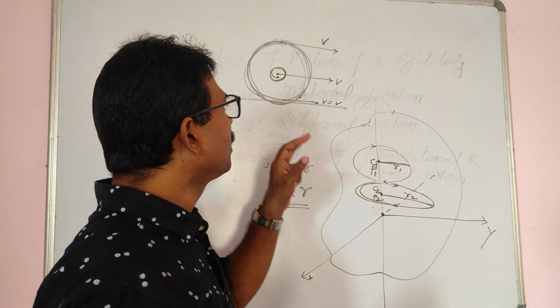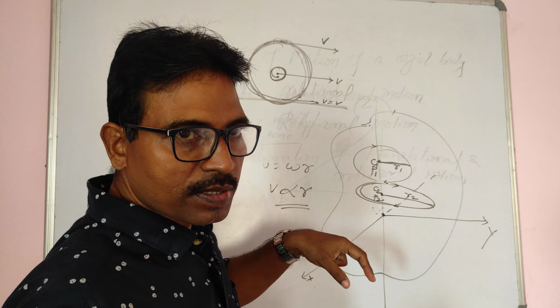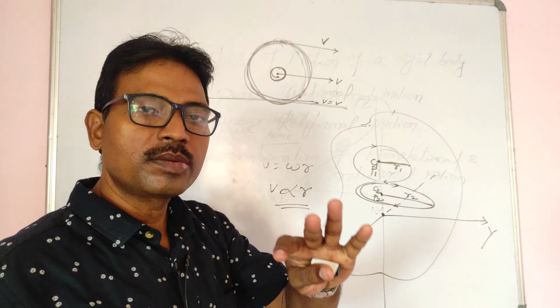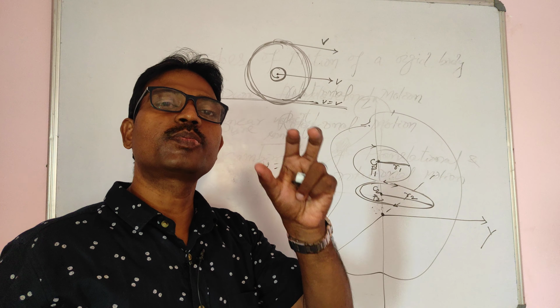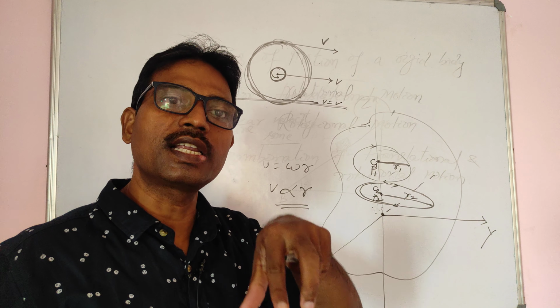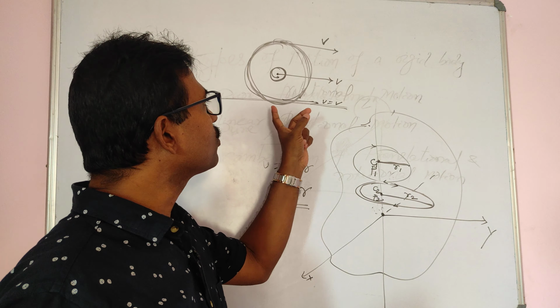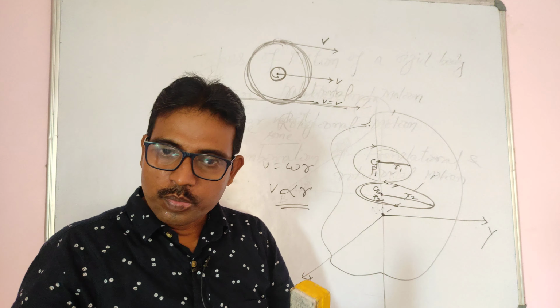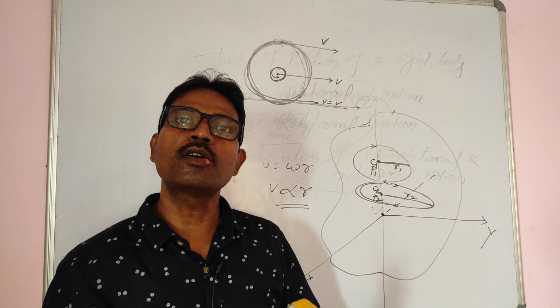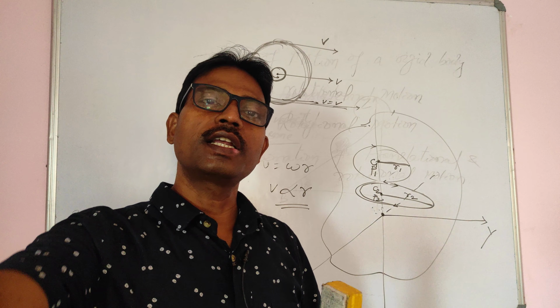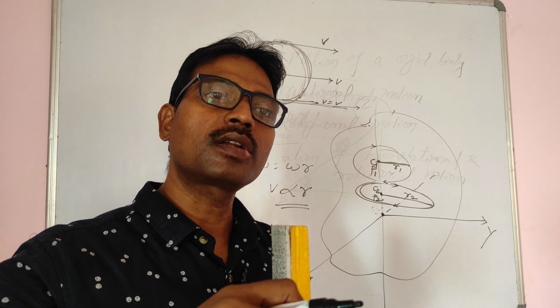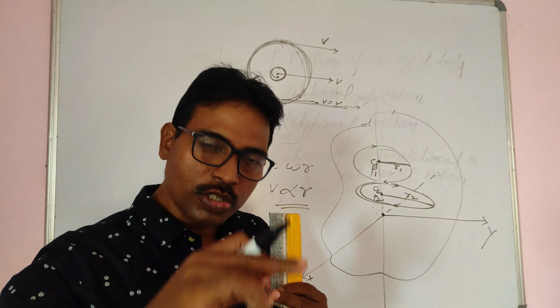If a rigid body slips without rolling over the surface, you drop it and it goes straight. If it is going in a straight line, it is translational motion. But when it rolls, so